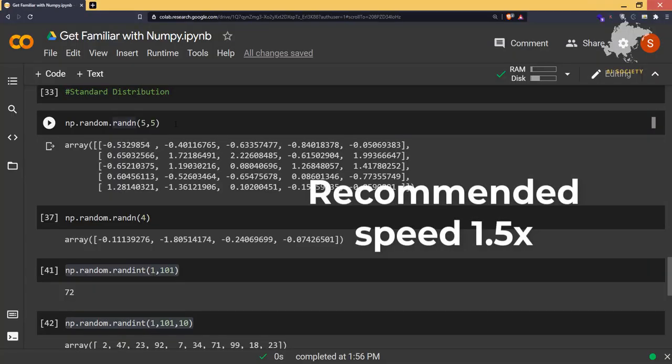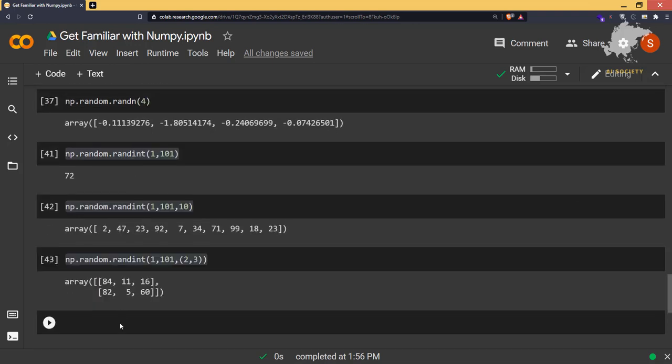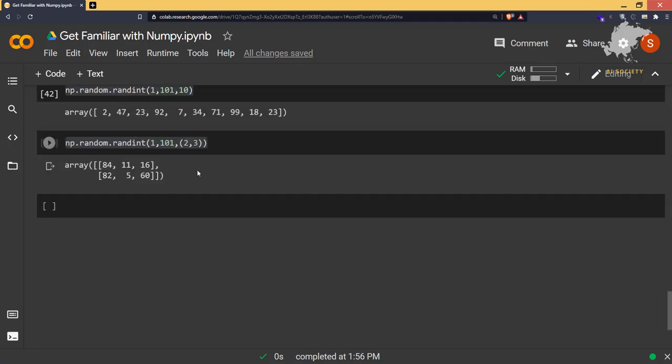So welcome to lecture 11 of the machine learning training program. In this lecture we're going to talk about how we can solve a problem related to this particular line of code. The problem is that the above lines of code always produce new random numbers, and if we are making projects together, your numbers will be different from mine every time. So we are going to use something known as a seed to make our result the same as we have right now.